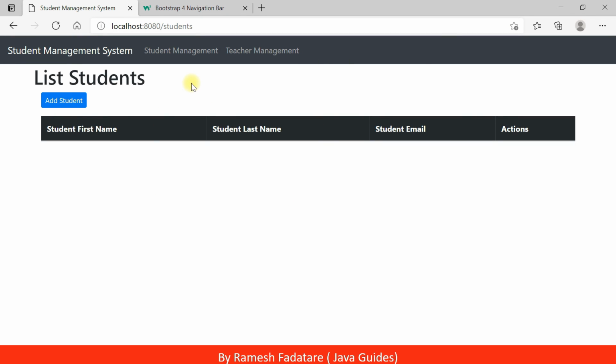Now, before implementing this project, let's take a look at what we are going to build in this course. We are going to build a simple student management system application, and this is really a simple application, guys, but you can make this project a little bit bigger by adding other modules like a subject management module, login and registration module, etc. In this course, I am going to implement only one module, the student management module, and create a base, and based on the student management module, you can create other modules.